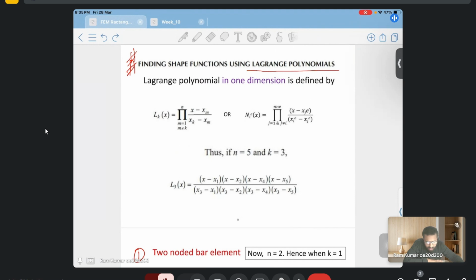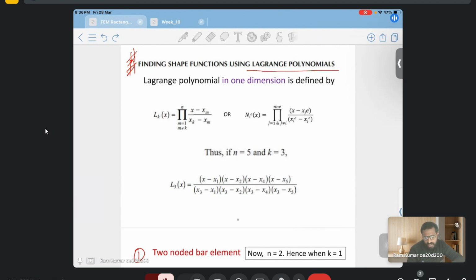So in this class, we are going to discuss and solve some problems, and then we are going to learn the basics of how to find the shape function for a 2D element like a rectangle element by using this method, the Lagrange polynomial. Okay. So in the last class also I told you about how to find the